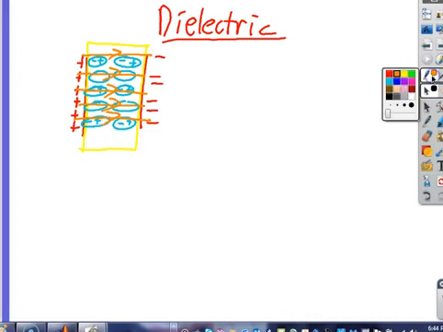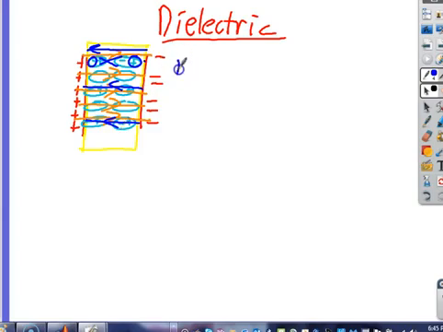But because I've got polarized molecules, they're trying to create a counter narrative. I've got a positive on this side, a negative on this side, and the positive and negative in between cancel each other out. So I end up getting a countering field. But it doesn't happen as strongly as it does with the plate, because this is not a conducting material. It's some sort of a non-conductor that's polarizing. Polarization is not ever going to match what the conducting plates of the capacitor can actually do. But the net effect of this is to reduce